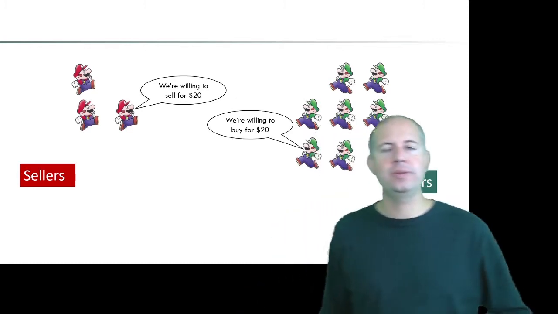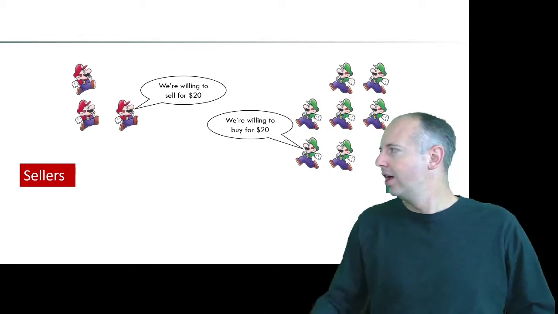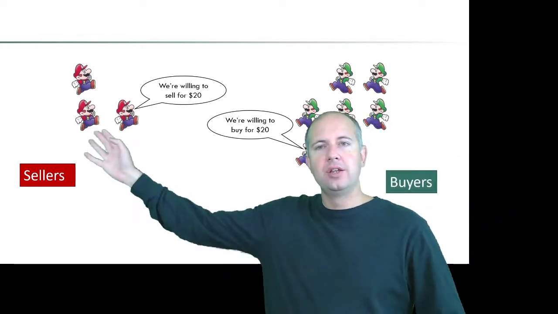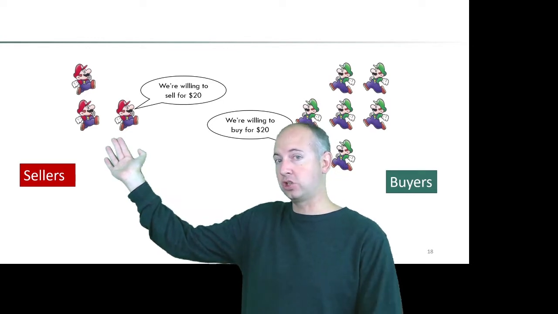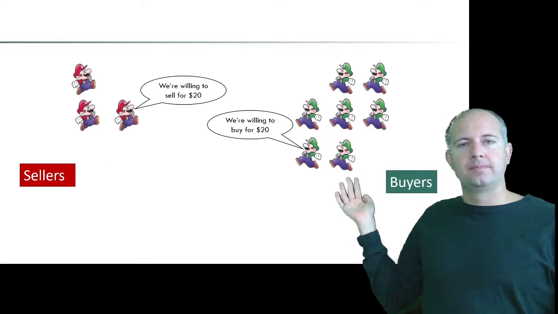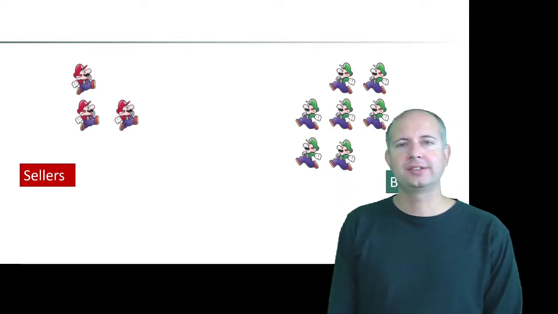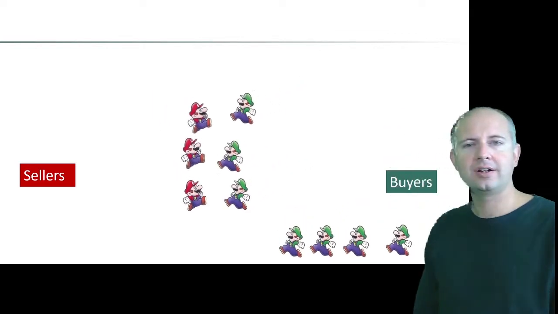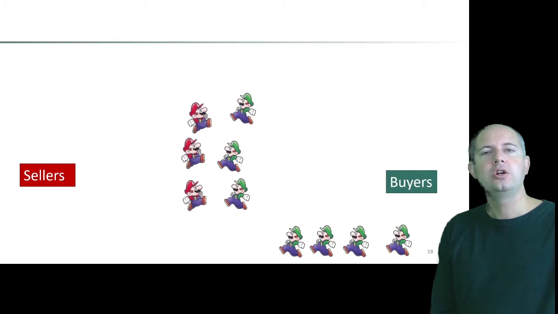Notice that, as we would expect, when the price went down, we're getting fewer units supplied. So say the price of milk went way down. So now we're growing less. I'm going to be providing less milk, and I'm going to switch to cows that are used for beef or chickens or something. And price went down, so we have lots of people wanting to buy milk. And so the Marios and the Luigis come together. And what happens? We have 4 Luigis, who in this case are buyers, left without milk.